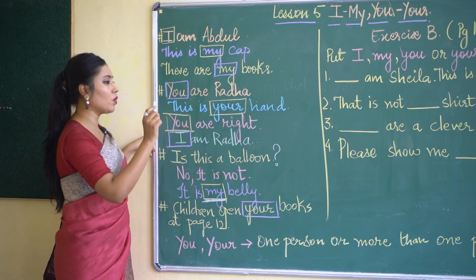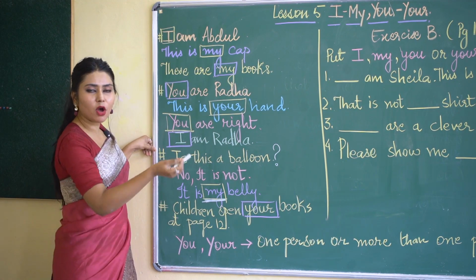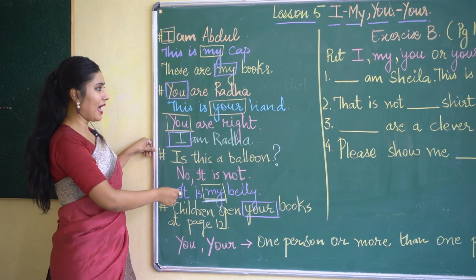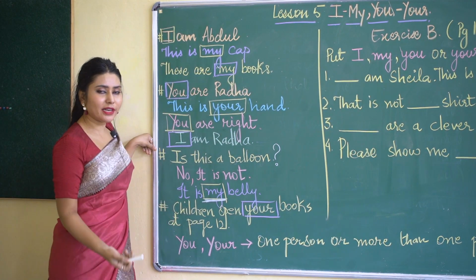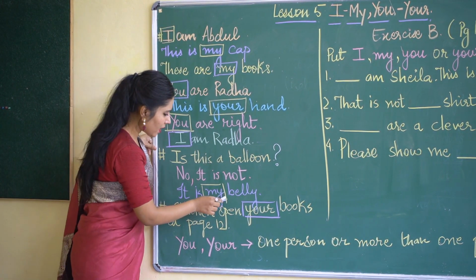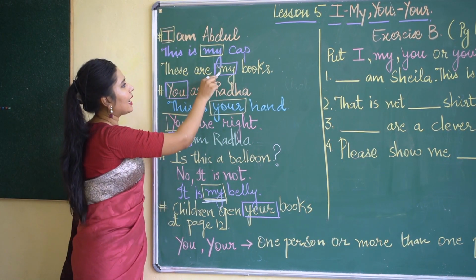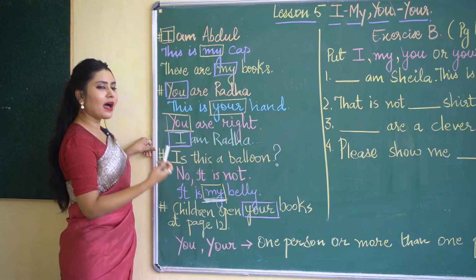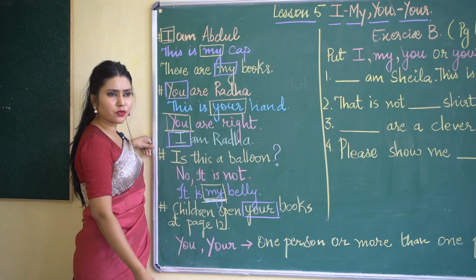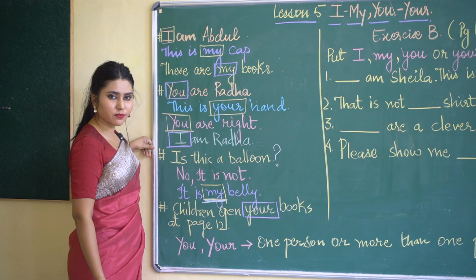Now he is saying my. He cannot say that no, this is not a balloon, this is your belly, unless that stomach belongs to that child or the person. He cannot say or apply the word you or your when it's not required in the statement. So here the words my and I define the first person, that is yourself, and the second person is the one just in front of you, the person you are in conversation with.